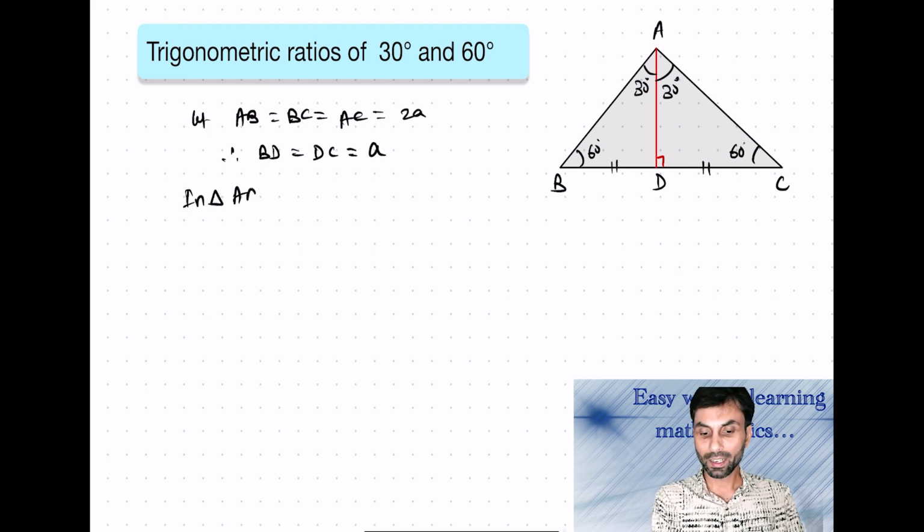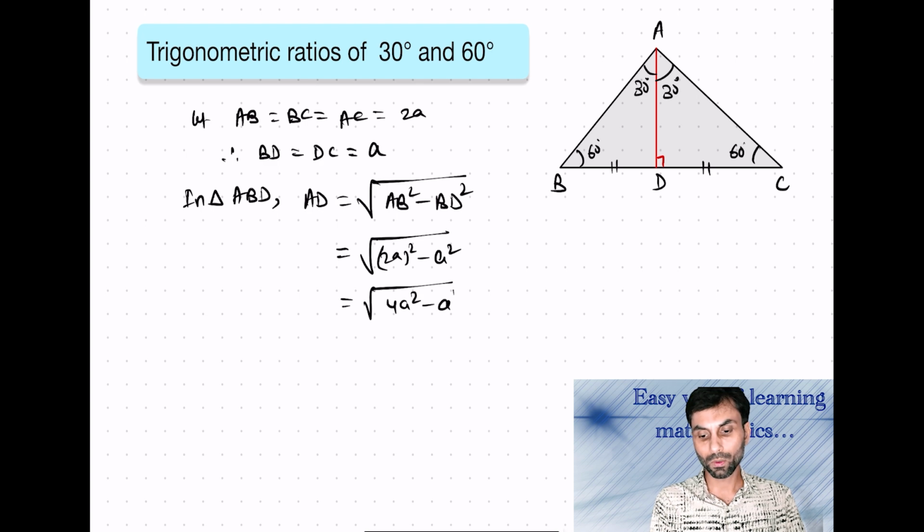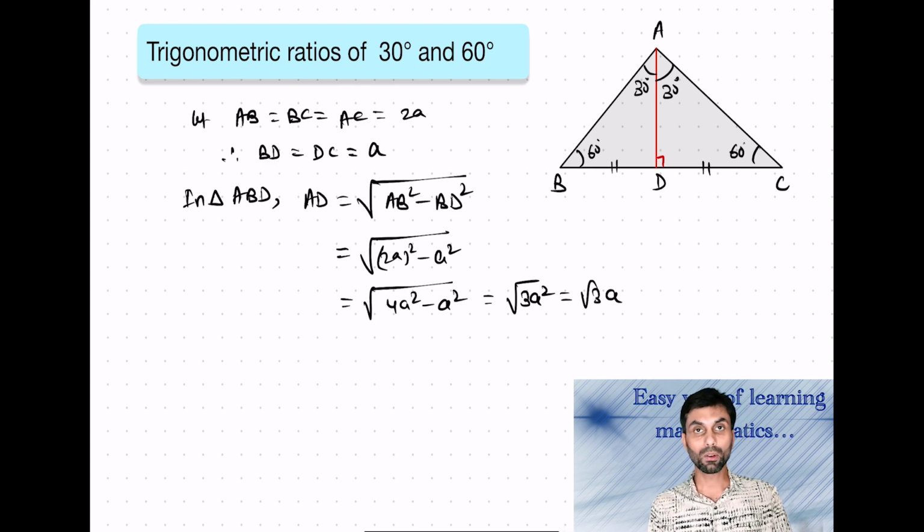Now in triangle ABD, the value of AD will be equals to square root of AB square minus BD square, which will be 2A whole square minus A square. On solving, we'll get it as root 3A square, which can be written as root 3A. And now if we try to find out the trigonometric ratio for angle 30 and 60